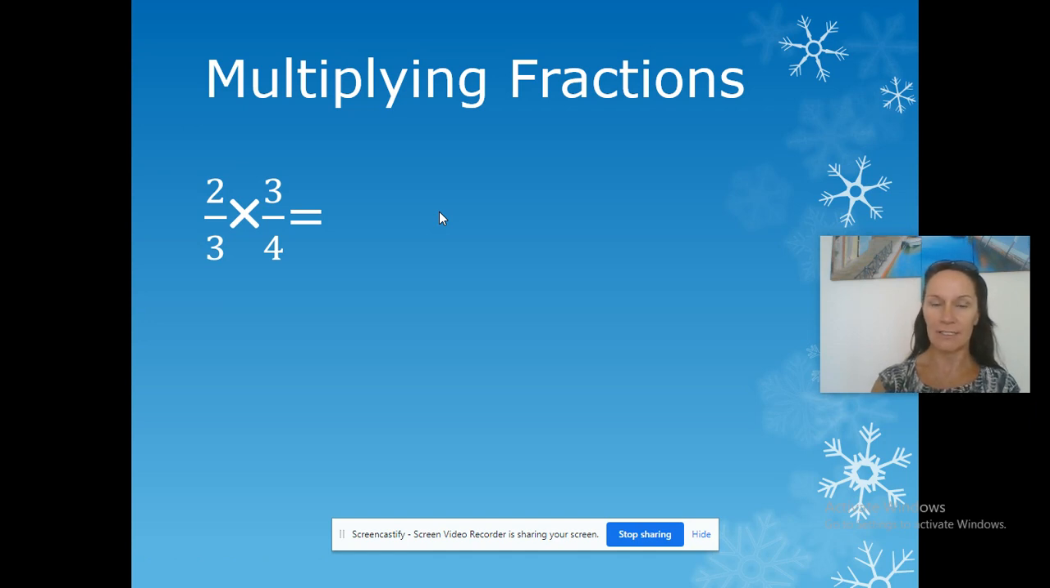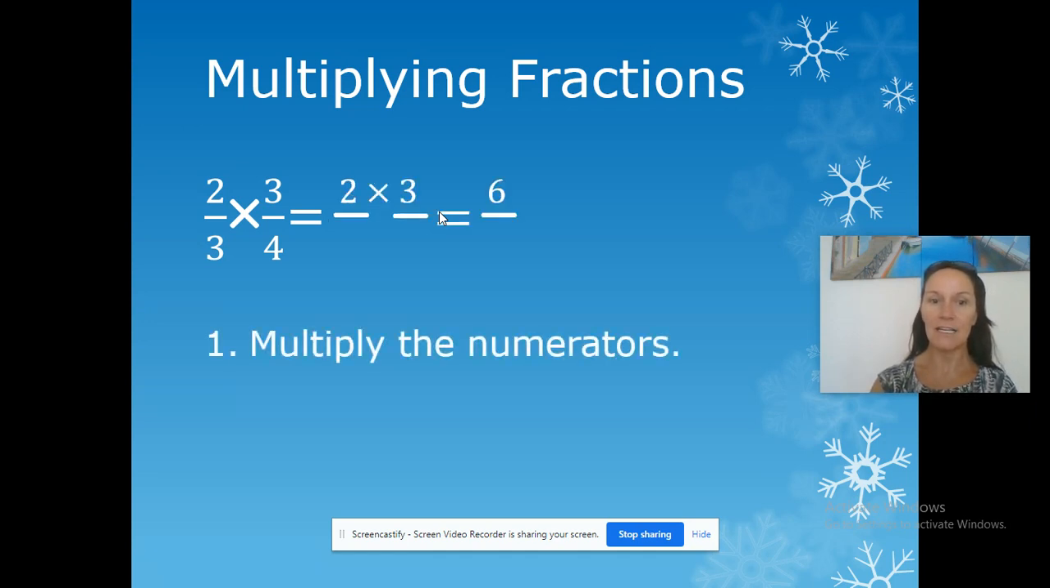Multiplying fractions. The first thing you need to do is multiply the numerators. Simple, it's really not that difficult. So here we've got 2/3 multiplied